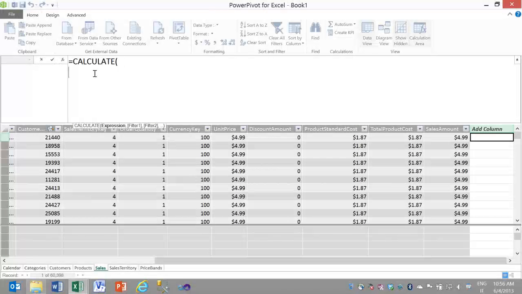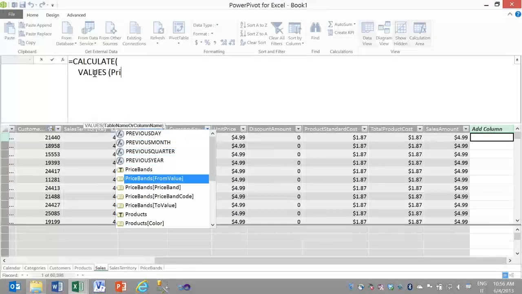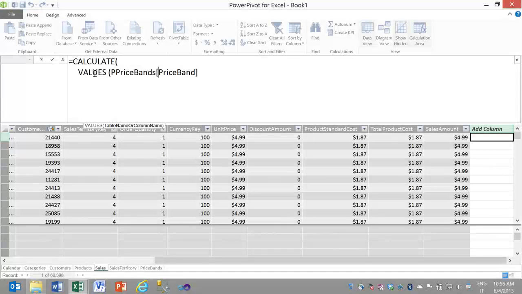As usual, we start with CALCULATE, and we want to get the values of the price band name. And we don't want all the prices of the price band. We want to filter the price band table,